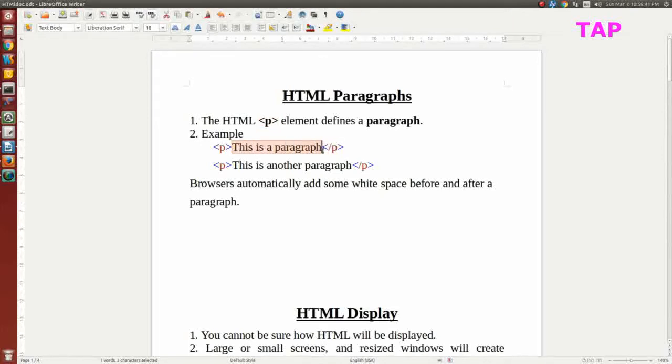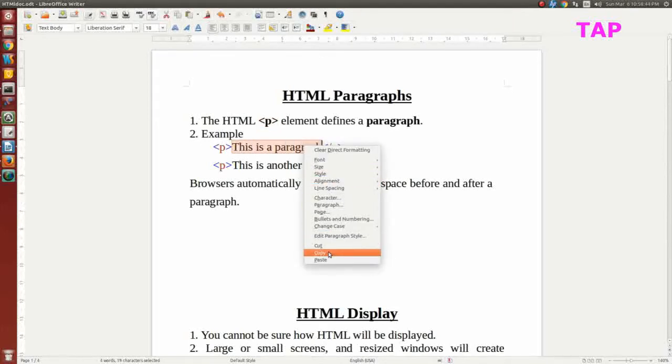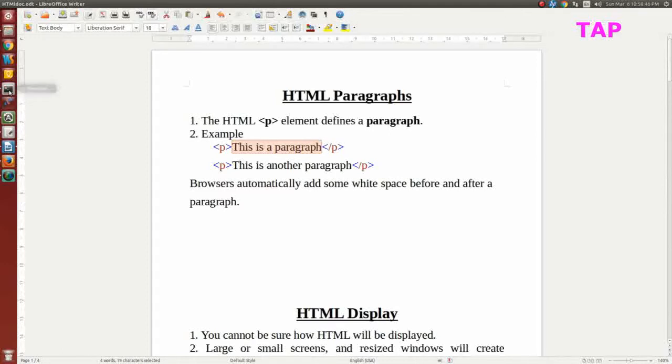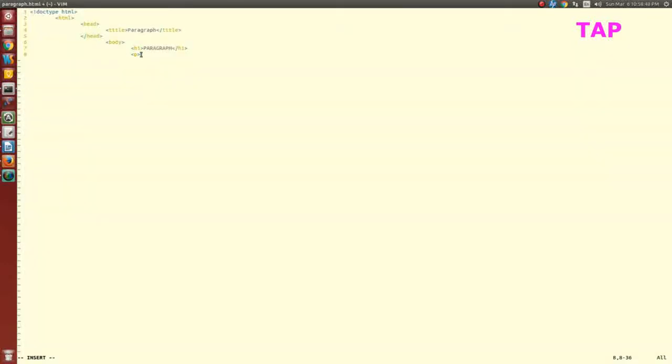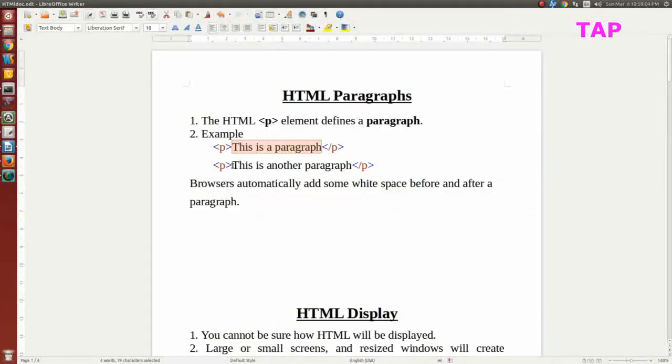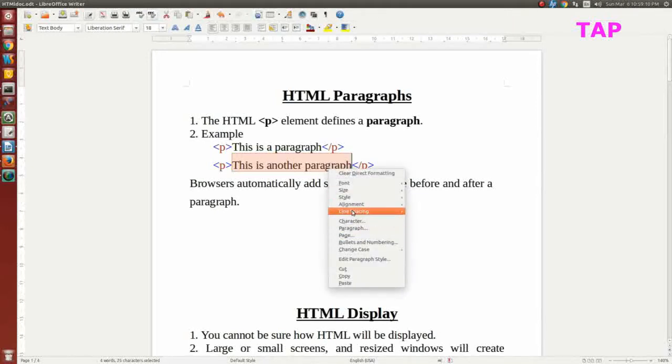So I am ending it. Here I am taking two paragraph tags, as I told you that we can use multiple paragraph tags in our document. Okay, I am done.